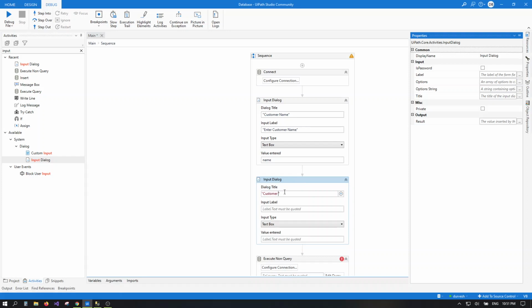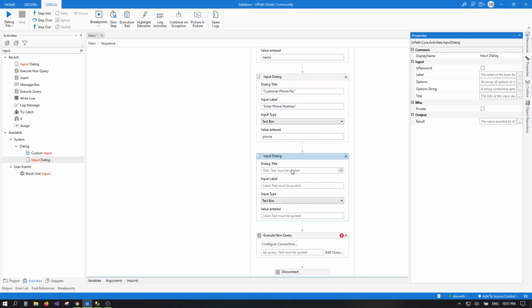Customer phone number, and label is enter phone number. Let's create a variable for phone.